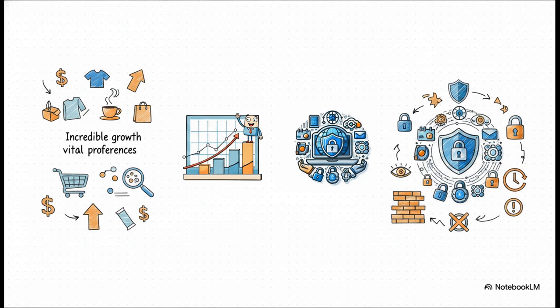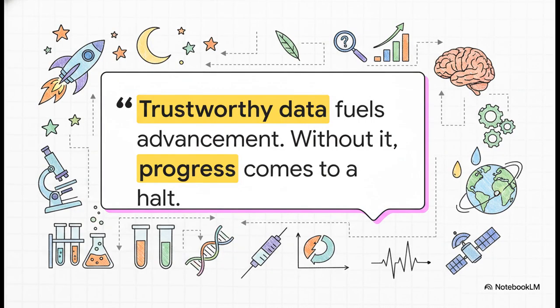What's really fascinating is how data acts like a double-edged sword. It's an engine for incredible growth, but also an essential protective shield. On the growth side, store owners rigorously study sales records to identify emerging trends. By acting on this, they figure out exactly what to stock, minimizing losses and maximizing profits. On the protection side, advanced cybersecurity systems constantly analyze massive sets of login info and global access patterns. They study this historical data to spot highly unusual activities in real time, mathematically predicting and stopping malicious threats before they even happen. But its impact goes way beyond commerce and security.